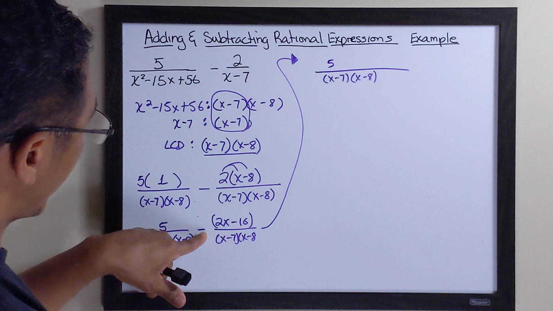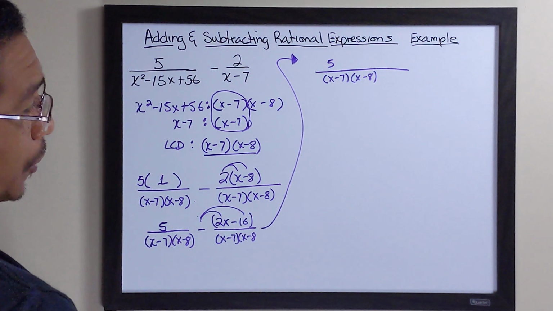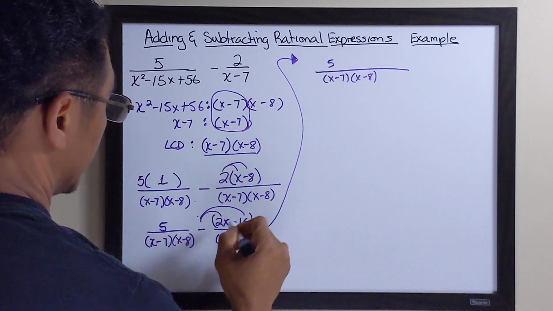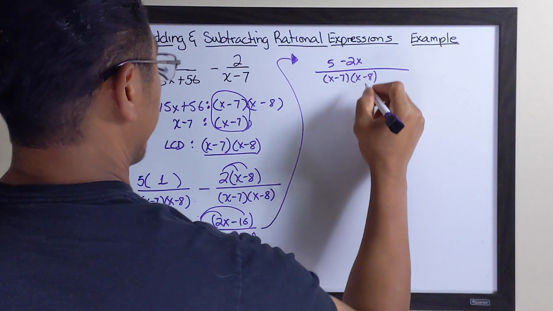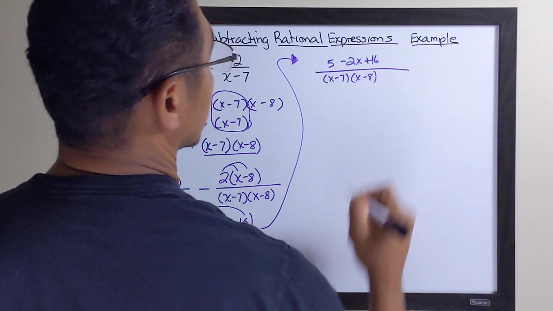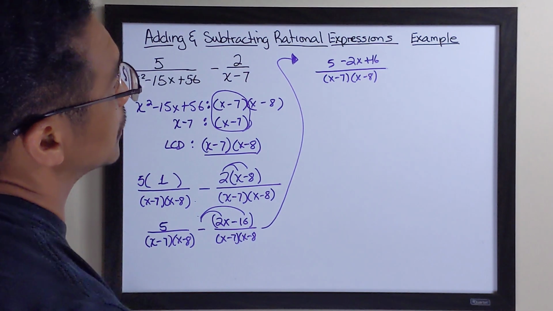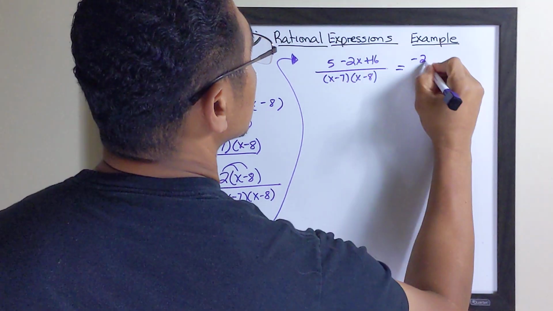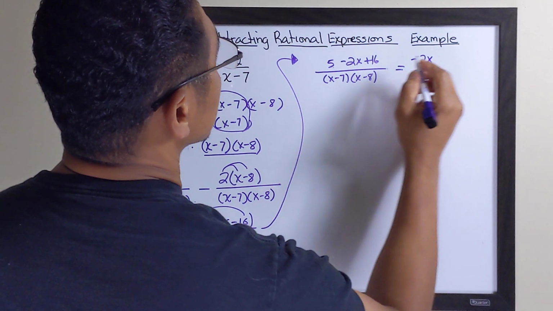When you have a minus sign right here, you have to distribute this negative to both terms inside the parentheses, which is going to be minus 2x plus 16. We combine the like terms in the numerator, and we end up with a minus 2x, and then 5 plus 16 is going to be plus 21,